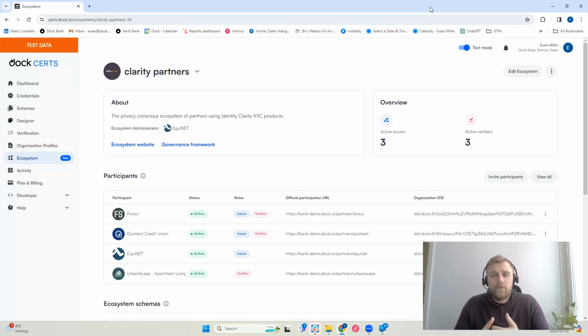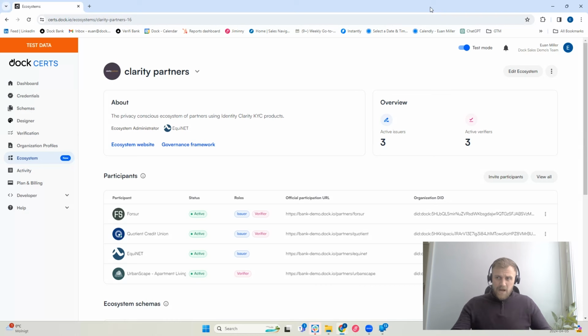Our team has been hard at work building an ecosystem feature that gives organizations the flexibility to work in a way that's relevant for them. What we've just shown you, or what we're about to show you in the demo, is the different parts of using identity credentials within a banking environment. Behind that, there is the ecosystem. And using Doc's white-labelable technology, you are creating, inviting and defining different parts of that